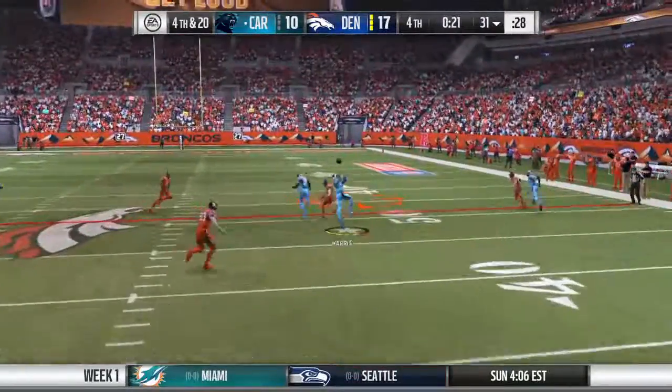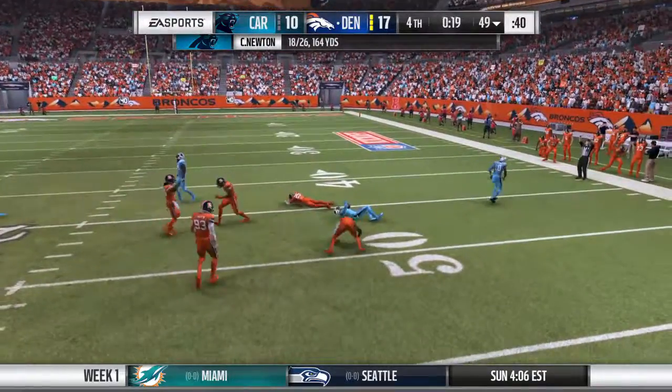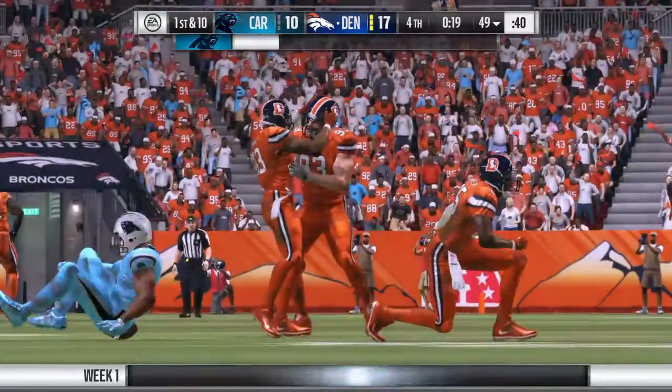Desperation time. Newton, fourth down. Come on. He's going to hit his man out of the backfield. Complete. They had to go for it with...